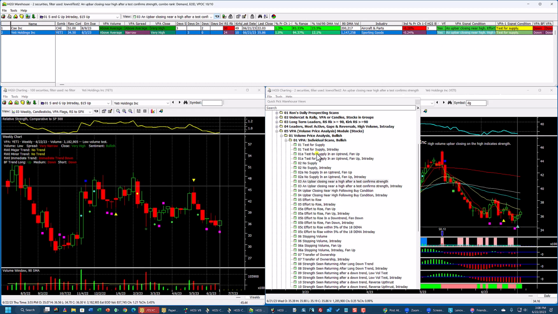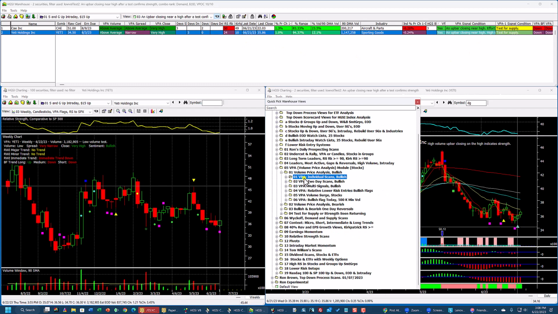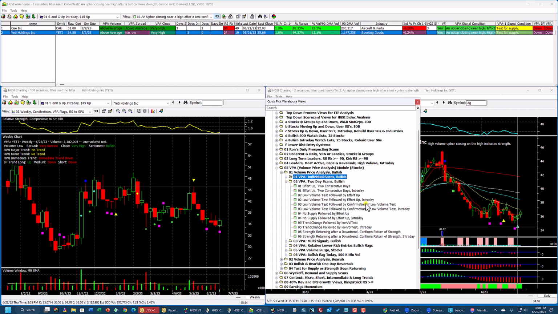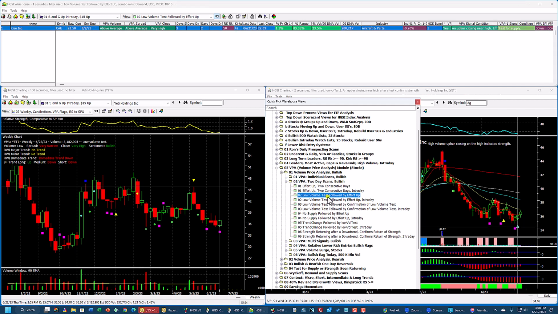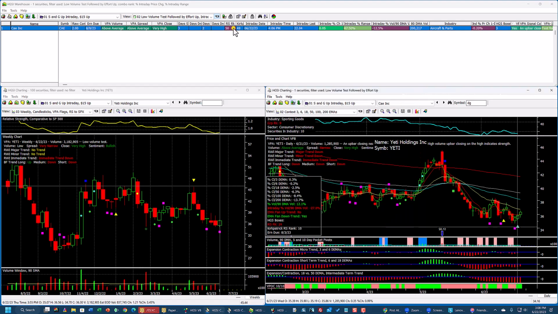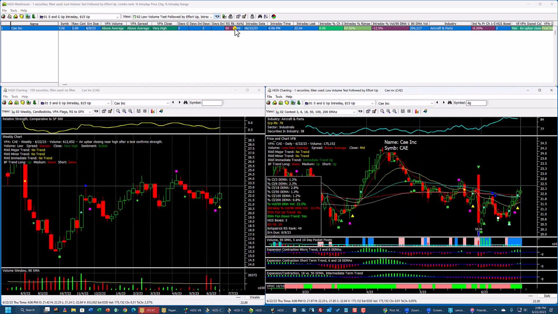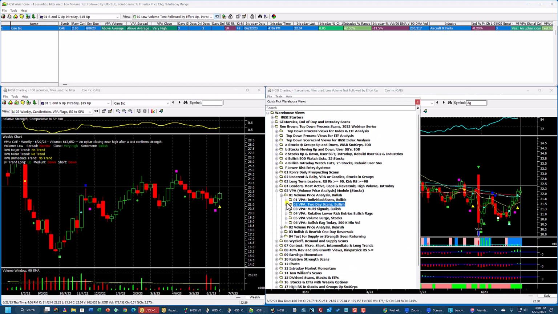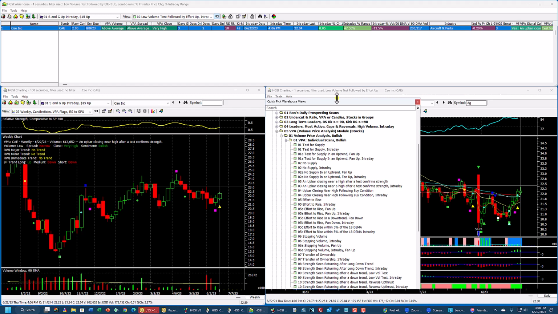So anyway, that's nice. And also this same scan under the 2-day scans, low vol, I have some others, low volume tests followed by effort up. I want you to just go through these. I can't take the time to go through all of these in these webinars, but you can go through and see what they do. On the individual VPA flags, I took the time a long time ago